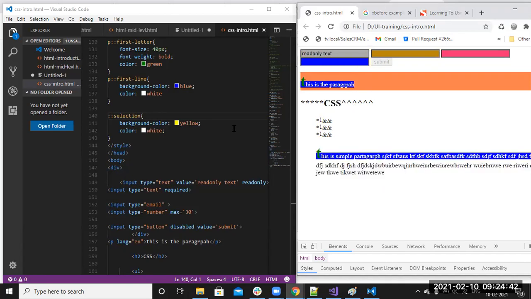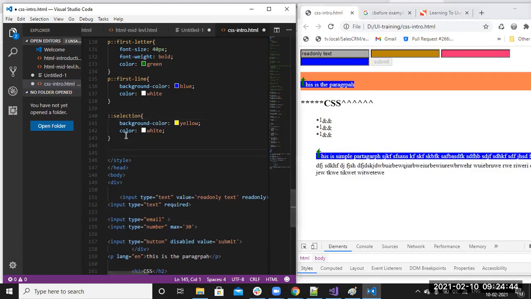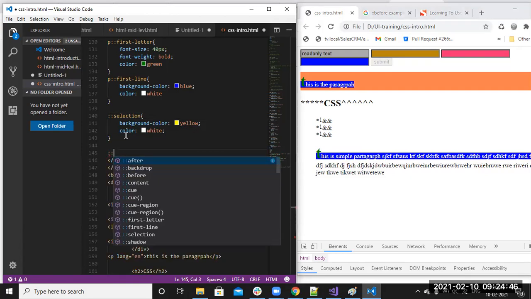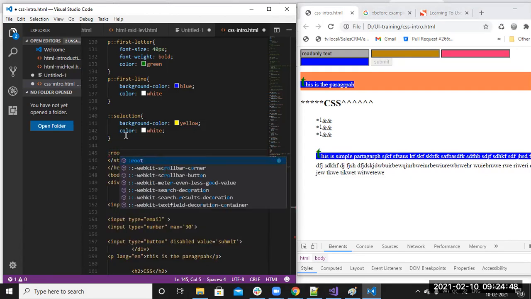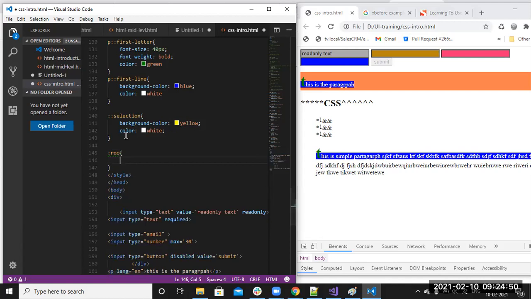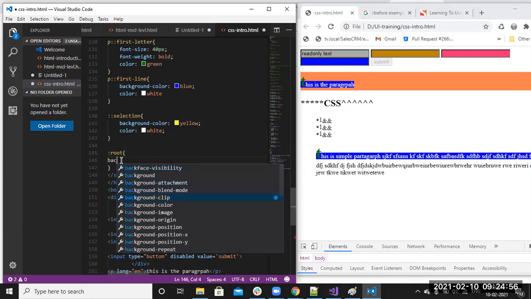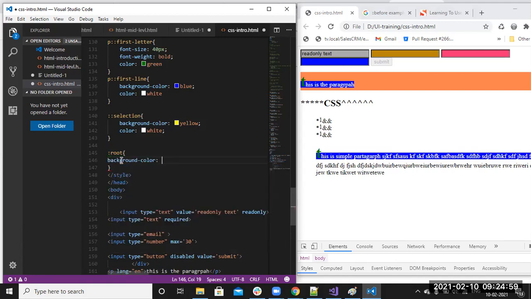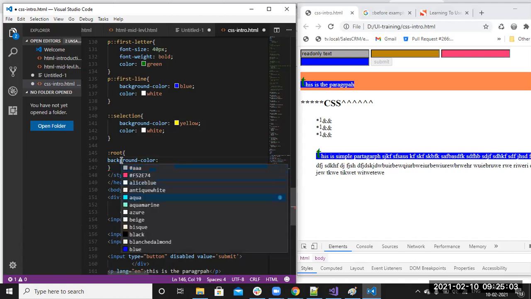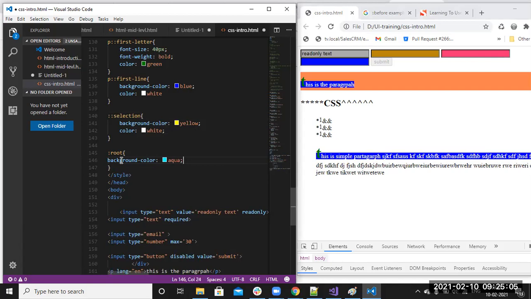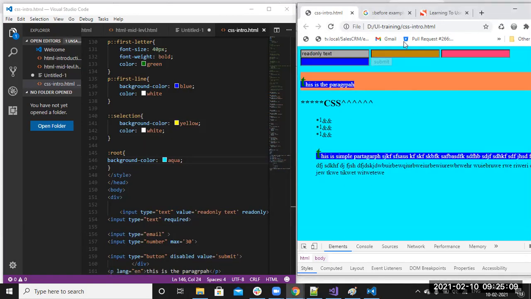And we have one more, the final selector, colon root. Colon root is the parent one. It is used to select the HTML background color. Now you can see that the entire document background color is changed to aqua color, right?